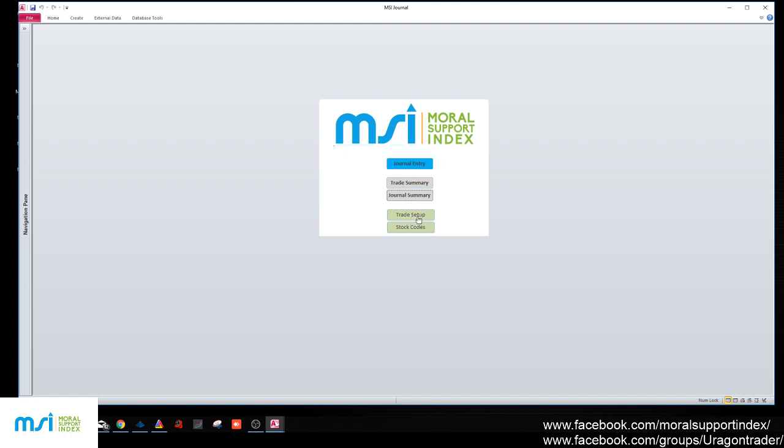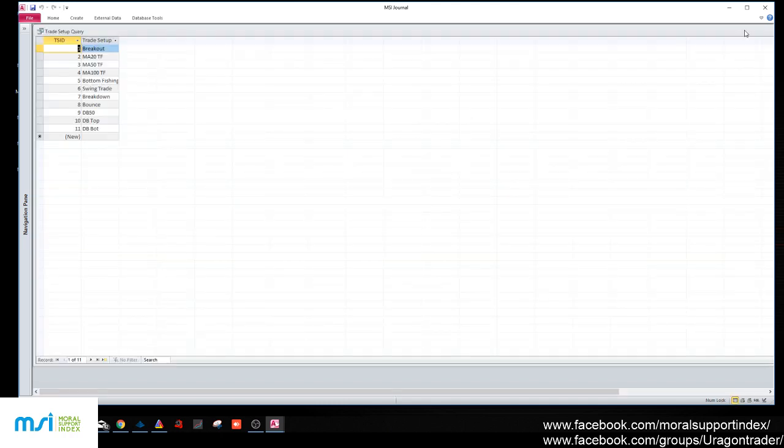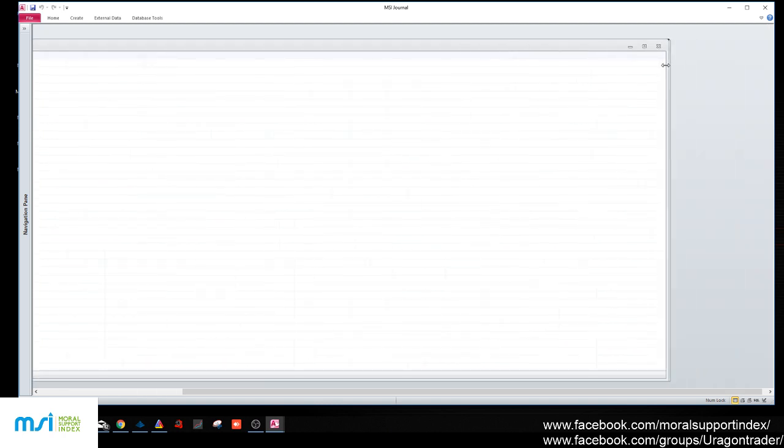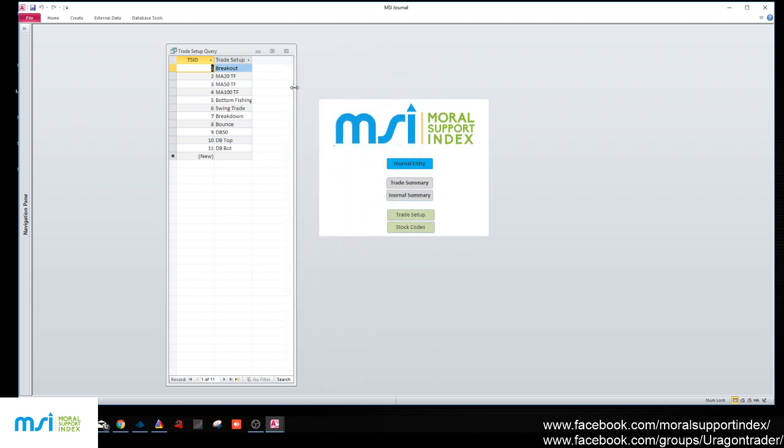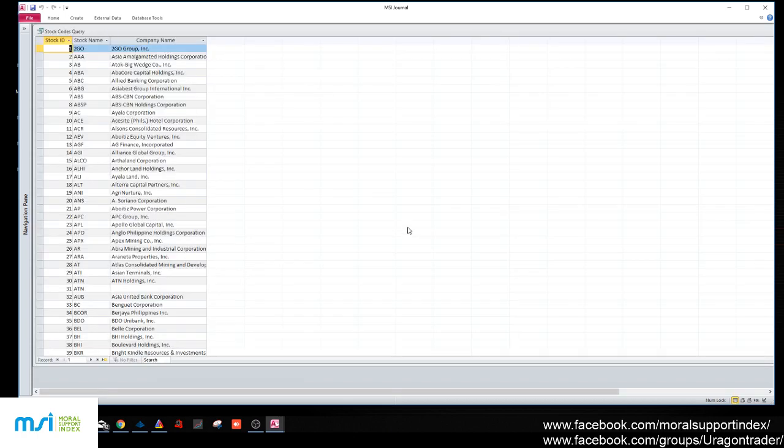And we have the trade setup. Ano ba yung trade setups? Kasi meron tayong sarili-sariling trade setups. So this journal is not limited to what are listed only dito sa query na to. So you can add as much as you want. So before nyo gamitin yung trade setup, kailangan i-add nyo muna siya dito. Okay? And you can also add